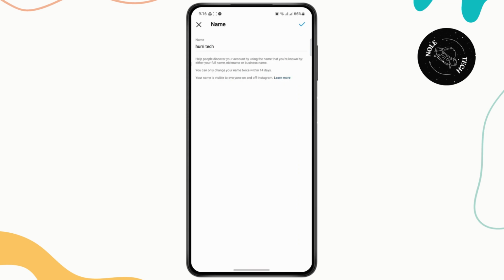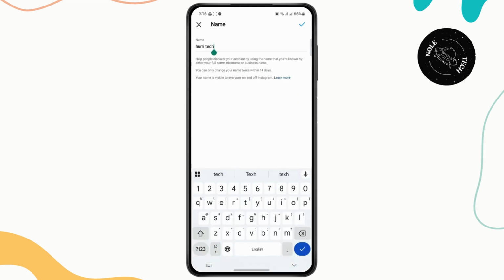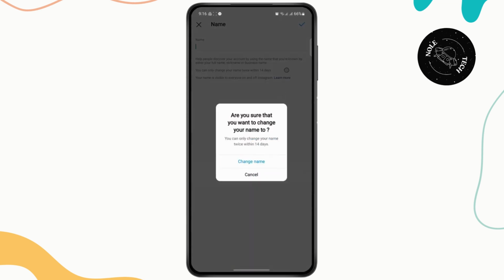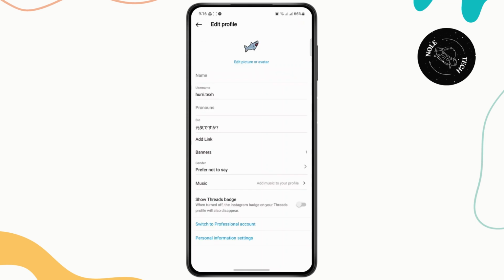And then as you can see, you can only change a name twice within 14 days. So all you have to do is remove all of this and then tap on done, and it will ask you if you're sure that you want to change a name because you could only change it twice within 14 days. Now tap on change name, and as you can see, your name has been completely removed from your Instagram